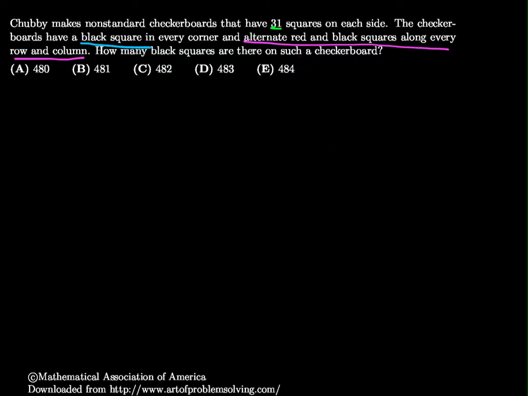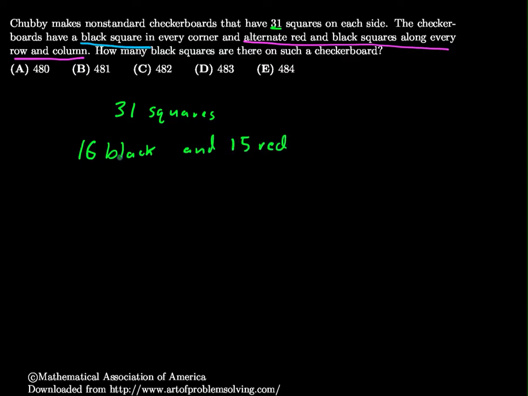Well, I could draw a checkerboard, and after I solve the problem, I'll give a diagram to explain what I'm doing, so you can skip it if you get it. But basically the idea is, if there are 31 squares, and it always alternates red and black, we'll either go black, red, all the way on to a black square. So we'll either have 16 black squares and 15